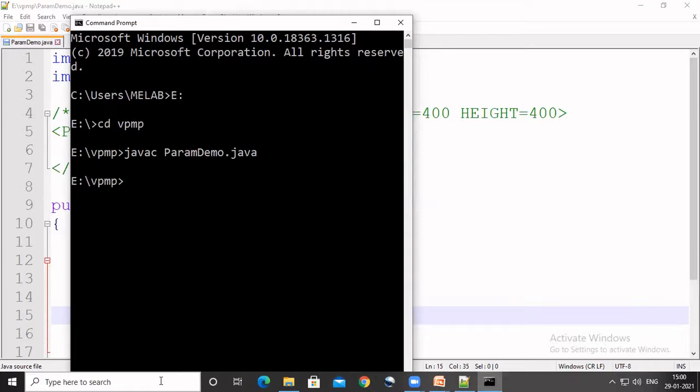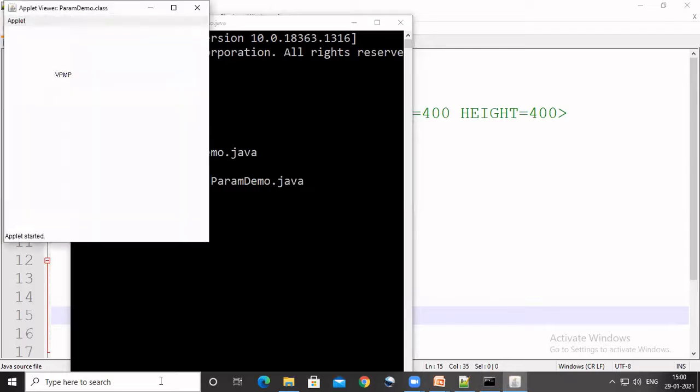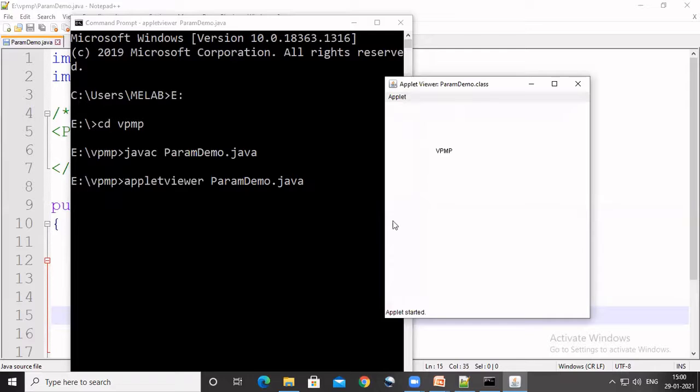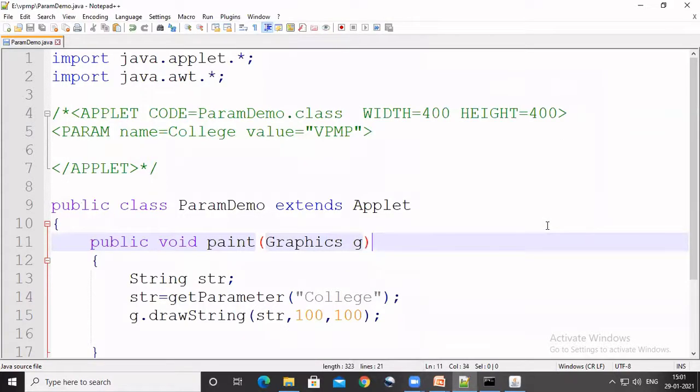There is no error in our program, so directly using appletviewer, we get the final output of our program. See here, this is the applet viewer, and in this applet viewer, at the x coordinate of 100 and the y coordinate of 100, it will display VPMP. So this is a simple example of param tag in an applet program.